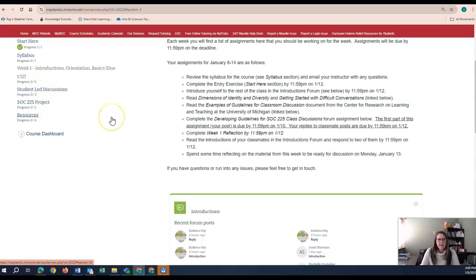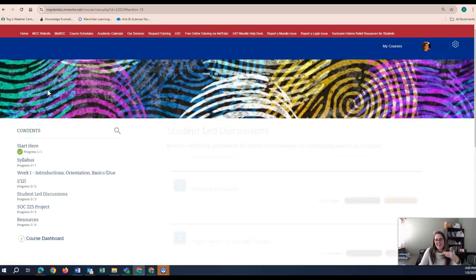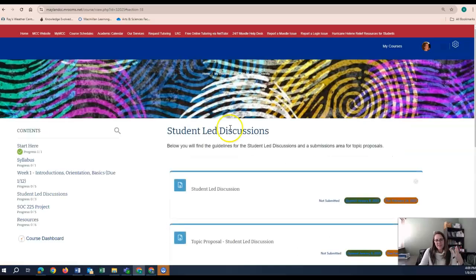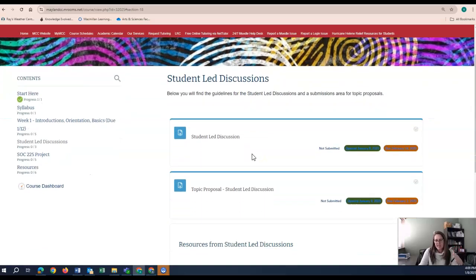So at this point in our class area in Moodle, these are the sections that you have access to: the Start Here section, the syllabus section, the week 1 section, but then you also have the student-led discussions and project sections along with the resources sections. I would ask that you go ahead and be looking at the information in this student-led discussions section as well as the project section,